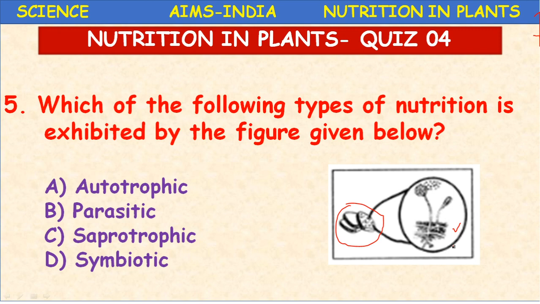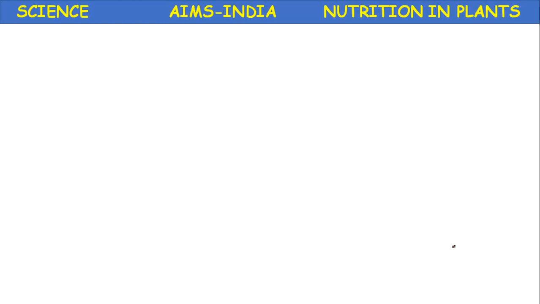Generally in the rainy season and winter season, when the food material is not stored properly, on the pickles as well as the bread and on chapatis also, a layer of this fungi will grow. Okay. Which type of nutrition is this? Saprotrophic nutrition. Example, mucor, bread mold. Okay. Next,